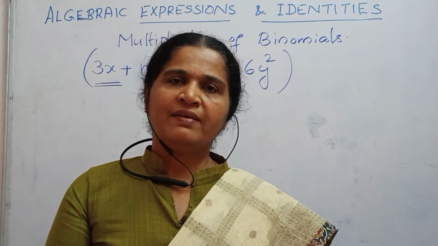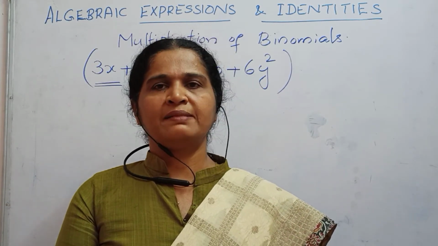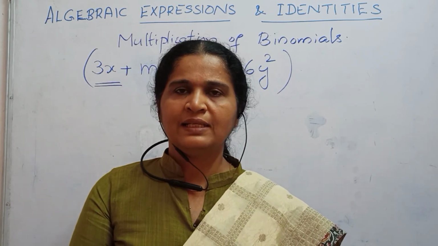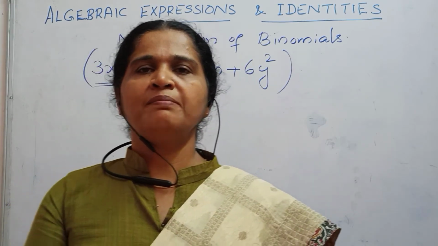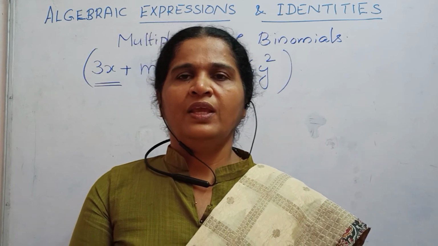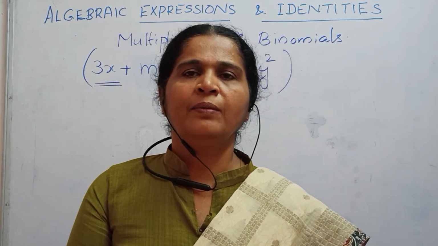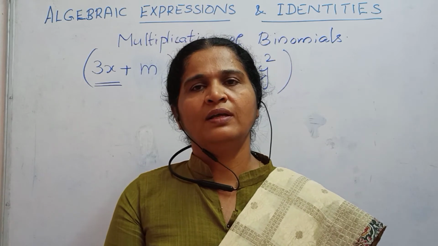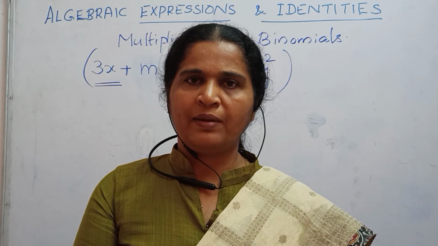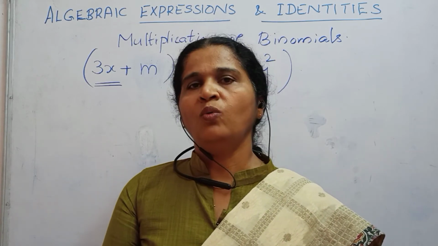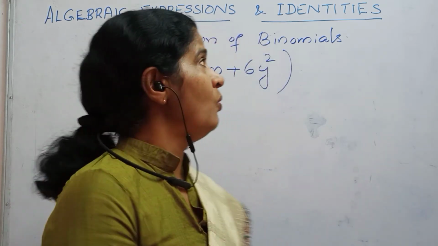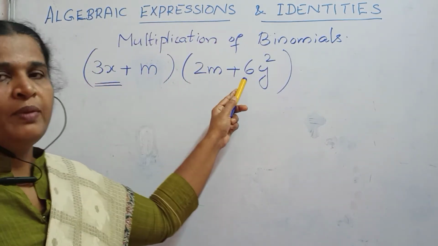In our previous class we have studied what algebraic expressions are and how they are named as polynomials, and which special names are given to these polynomials according to the number of terms. If there is only one term in a polynomial, it is called a monomial; two terms, binomial; three terms, trinomial. You all know how monomials are multiplied together. Now let us see how two binomials are multiplied.